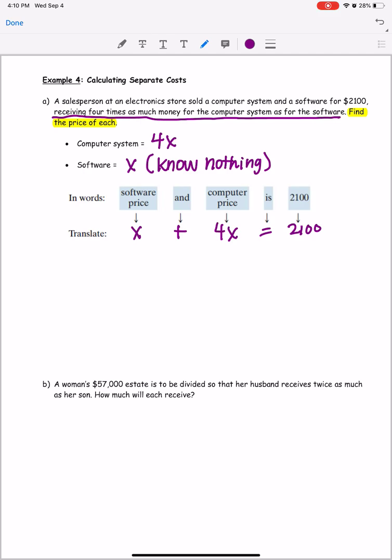So solve. We've got X plus 4X equals 2,100. Combine like terms. X plus 4X is 5X. Divide by 5. And we get X equals